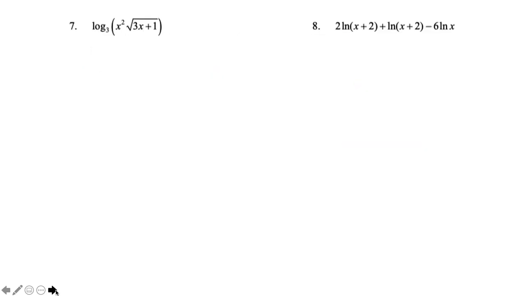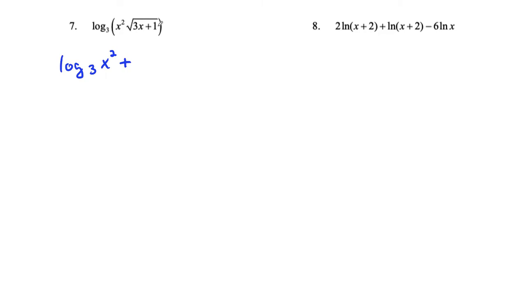If we take number 7, again, this is going to be an expansion problem because of just a single logarithm. I have 2 parts to this. I have x squared times the square root of 3x plus 1. So I'm going to end up with 3 logarithms in this. I'm going to end up with log base 3 of x squared, and then plus, now, let's stop and think